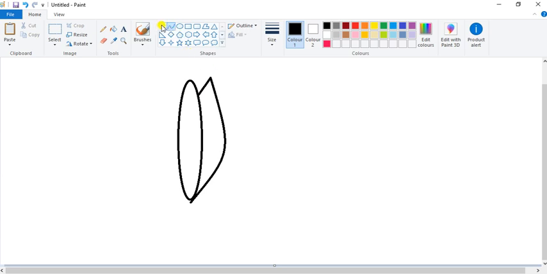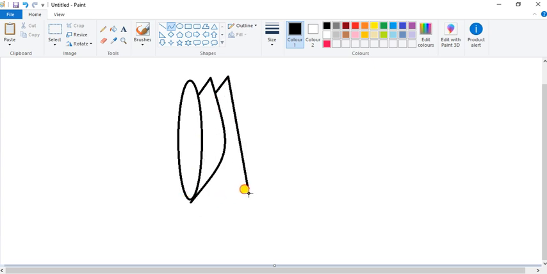Okay, same thing for another petal. Now see, I will select again line tool. Draw little bit slant line. Done. Okay. Then select curve tool from shapes group and draw a line from this point to here.